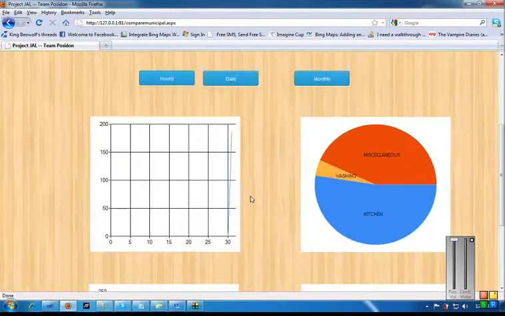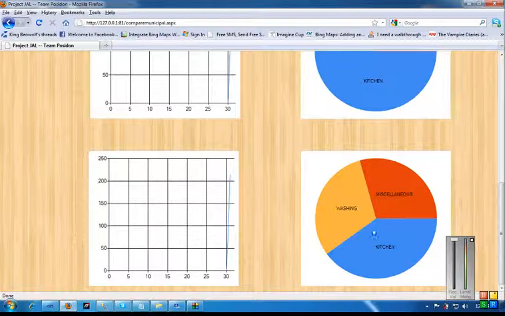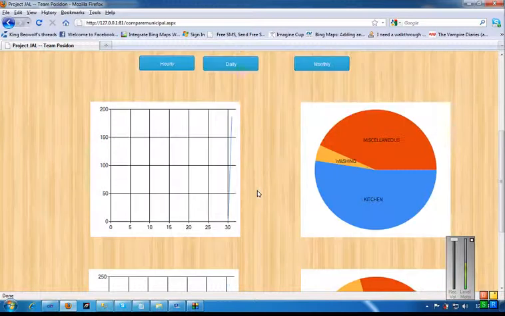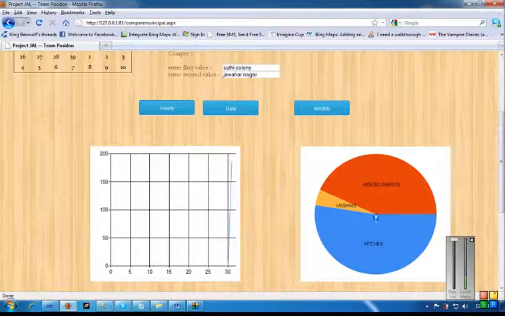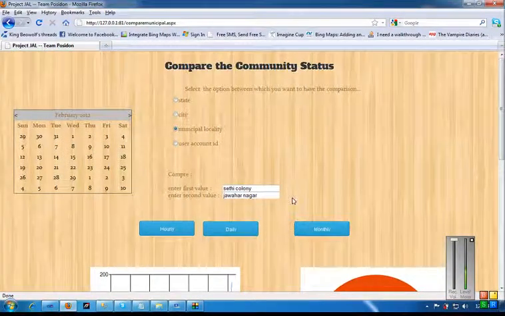Therefore, from these graphs it can very well be concluded that this particular locality needs to have its supplies cut, because we know that abundant availability of resources leads to wastage. At the same time, we also know that the distribution pattern over Jawahar Nagar is quite equitable, and at a low level. So we can minimize the supply of water in the Sethi Colony region, and also supply the surplus water saved from wastage in this area to a rural area in a nearby locality.